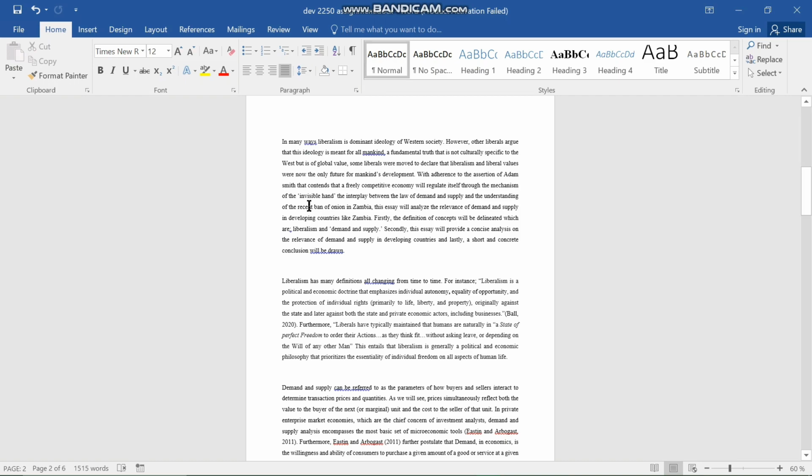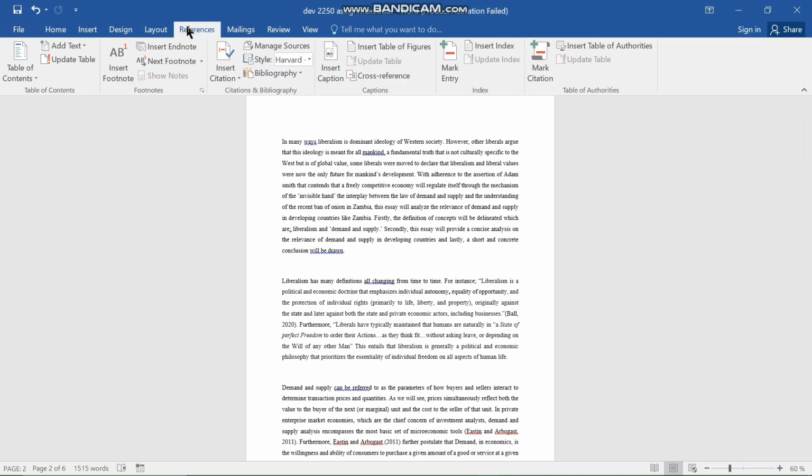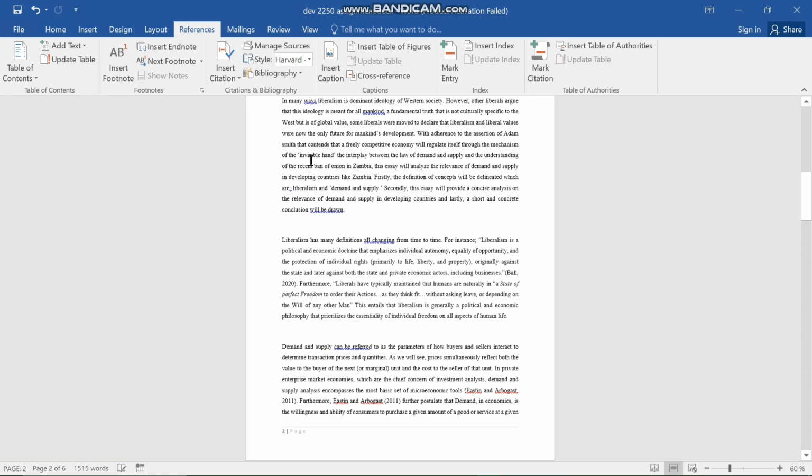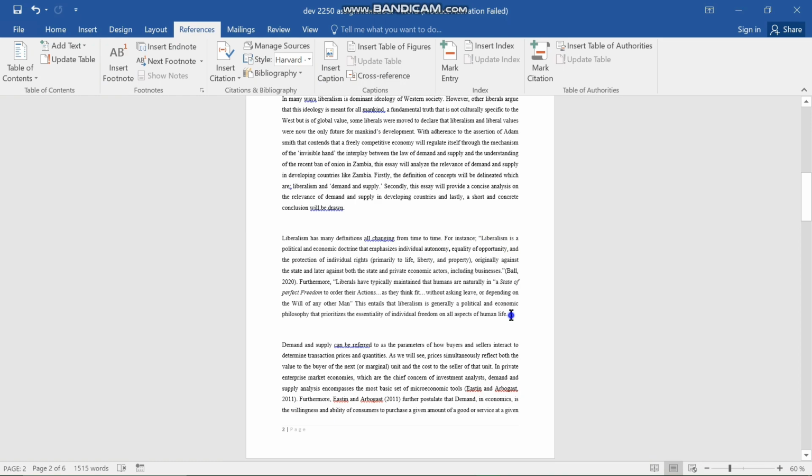And so without further ado, we can get into it. So if you want to insert your citation, we are going to start with the citation. You go to your references tab, and when you go to your references tab, you are going to be using this ribbon over here, which is the citations and bibliography ribbon, because this is what we are going to put in. So first, you start by setting your cursor where you want the citation to be. So yeah, we're going to put it there at the end of the paragraph,